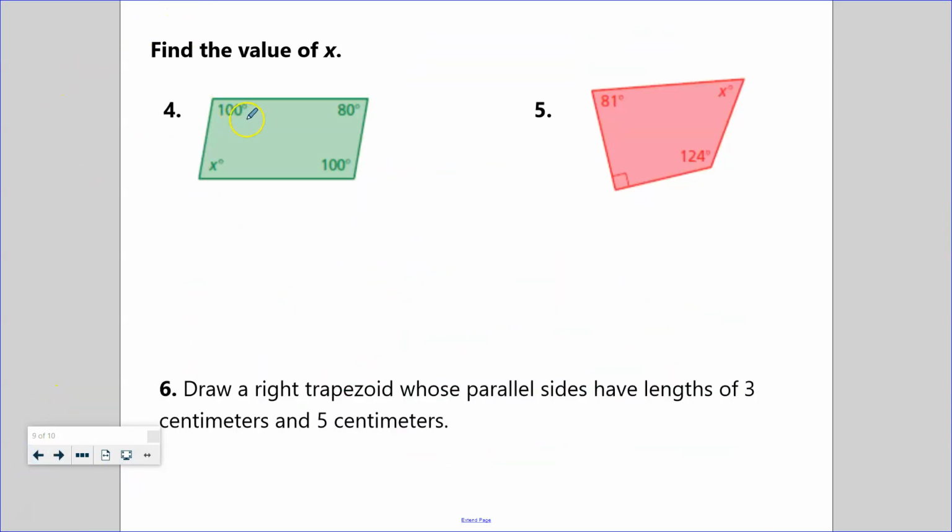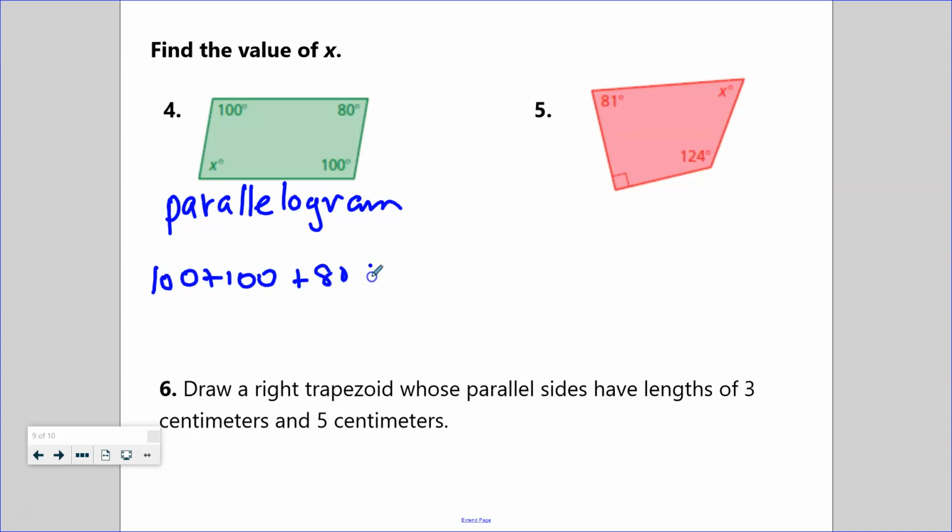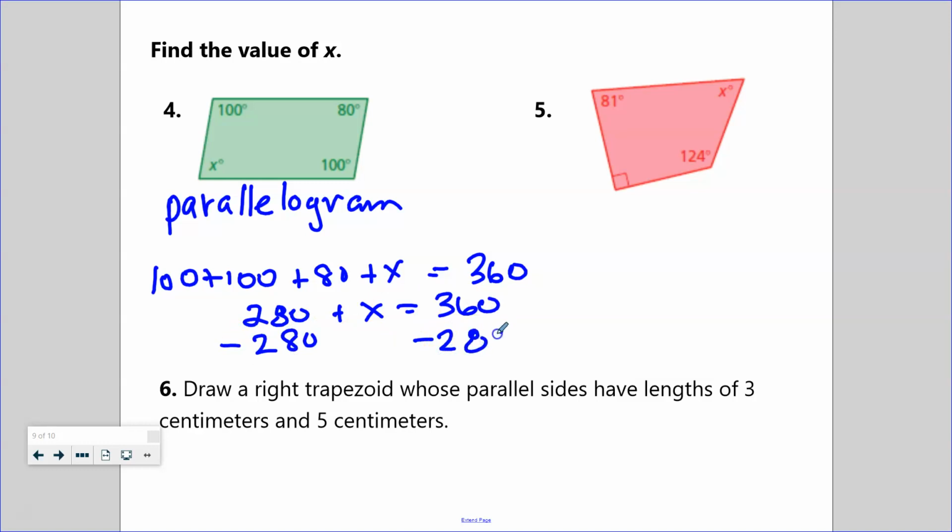All right, so here we go. We have a parallelogram. I'm just going to identify it first, a parallelogram, just for extra practice. So we know that's 100 plus 100 plus 80 plus x equals 360 degrees. So we have 280 plus x equals 360 degrees. Subtract off 280, subtract off 280, and we have x equals,